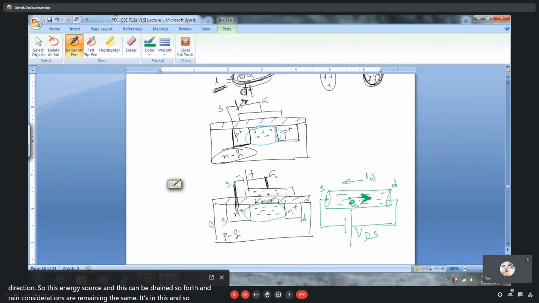So just by changing a few of the polarities and characteristics of the semiconductor, you can change the character of the channel from a p-type channel. This is a p-type channel, P channel, as the majority charge carriers are holes. This is the N channel, as the majority charge carriers are electrons. So this is named the P-channel MOSFET, and this is the N-channel MOSFET.